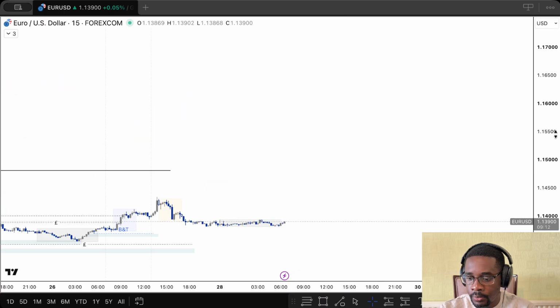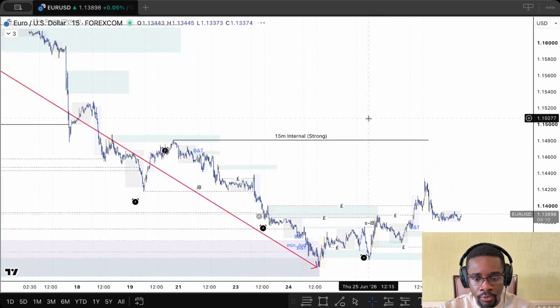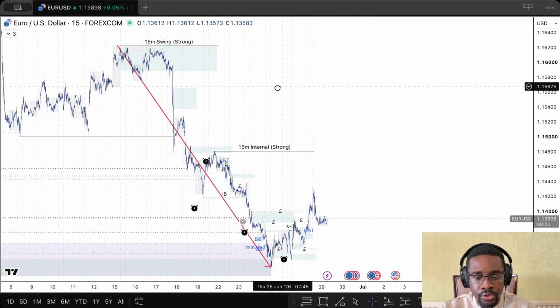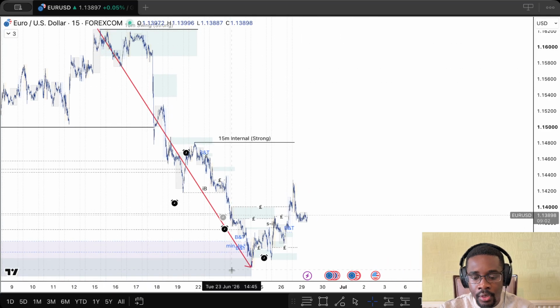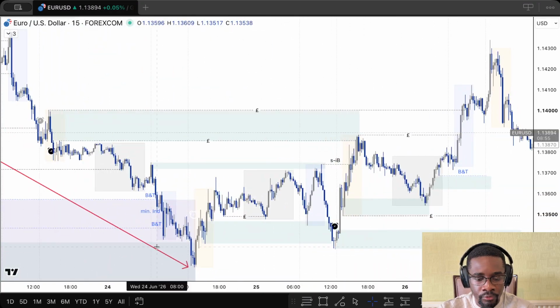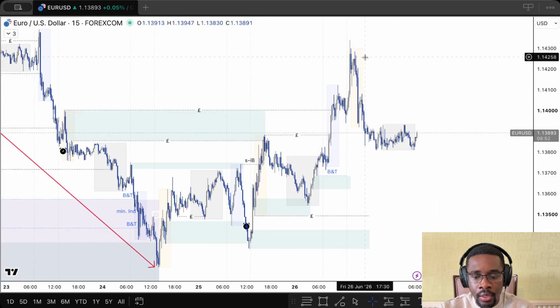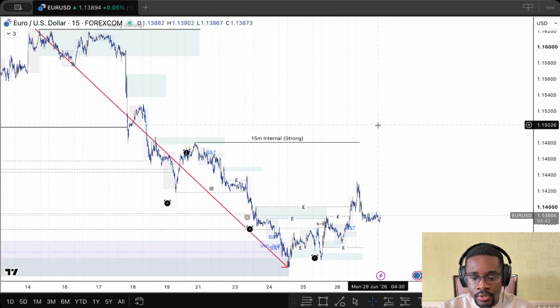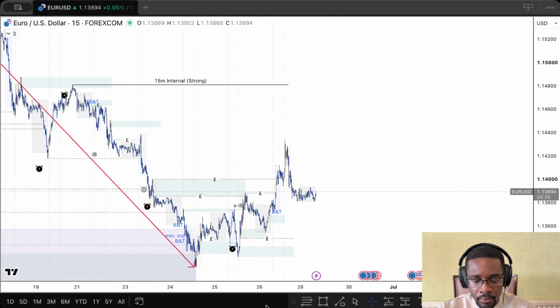Looking at our 15-minute, where we look at our intraday for our trade ideas, the swing is bearish. So this was our last break of structure. We mitigated into this extreme demand that is nested within this 4-hour demand, and from that point we see price has been pushing up. Internally we have broken structure, so we do have this significant push up. However, because this is an internal range, price could just have pushed up just to mitigate the